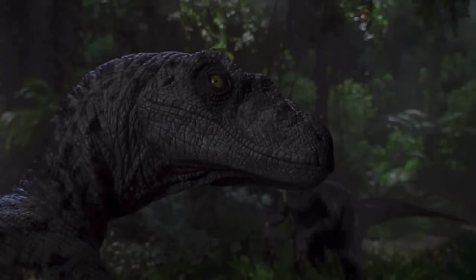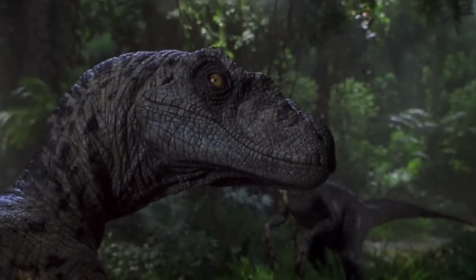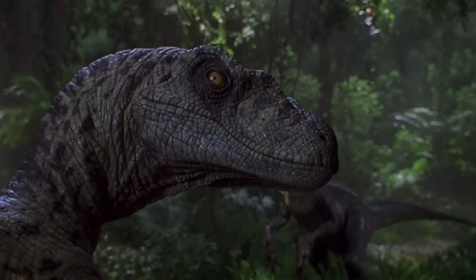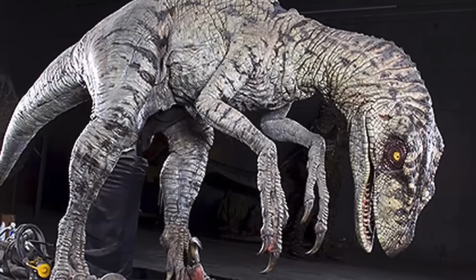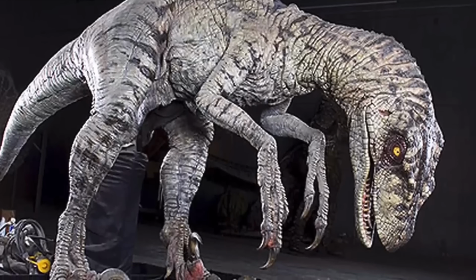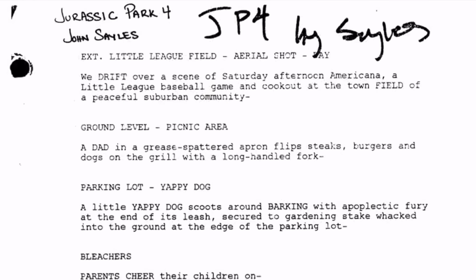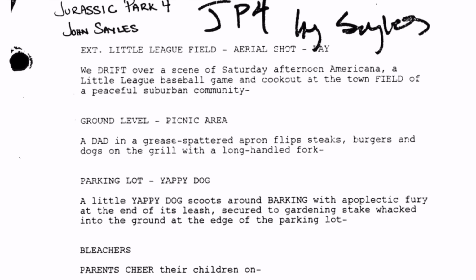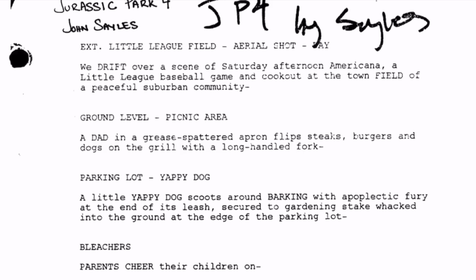Now, during all of this happening, a Jurassic Park 4 screenplay would actually begin to get circulated on the internet, and wow, did it ever reveal what different direction they wanted to take the movie in. The script that everyone got to read and pass around was actually an official project that was written by John Sayles and stolen from Steven Spielberg's email in the 2000s.